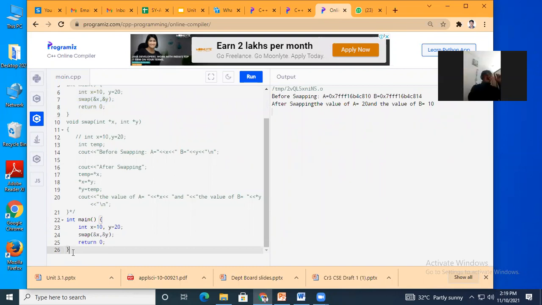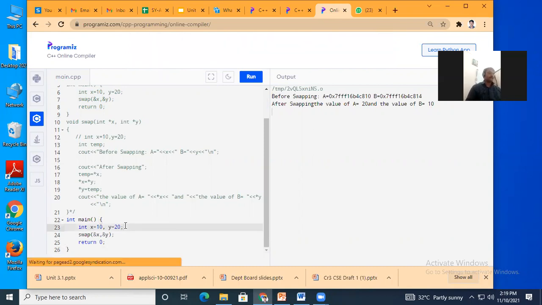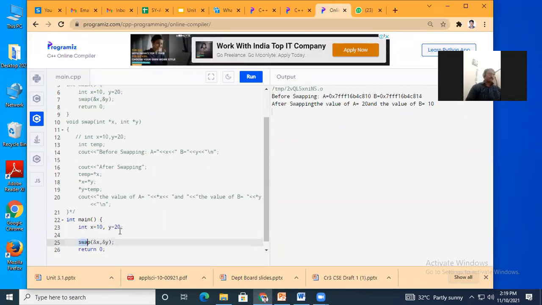For a minute, forget about this function concept. Okay, so what I will do, see cout the address of a variable. The address of a variable is equal to %a.